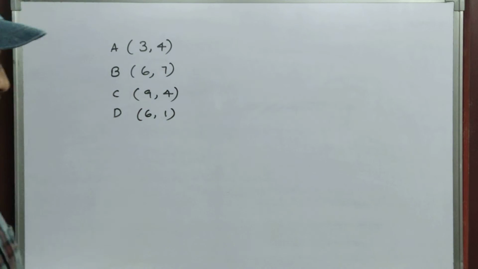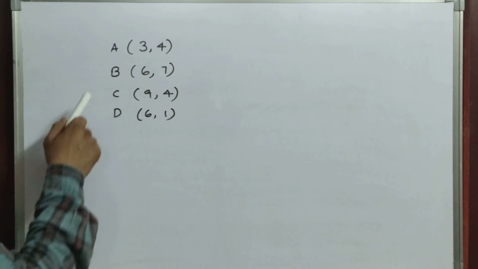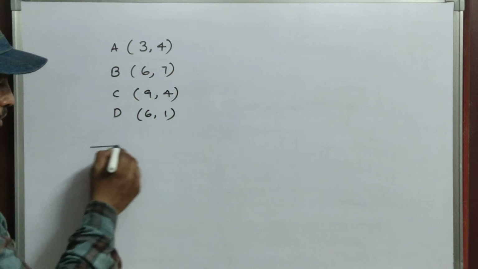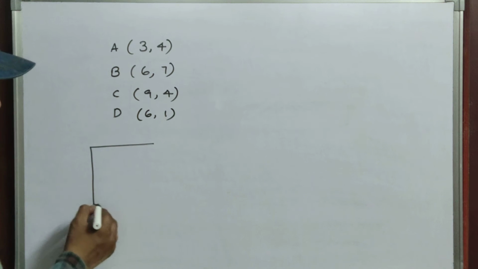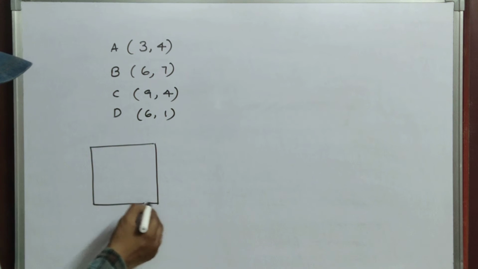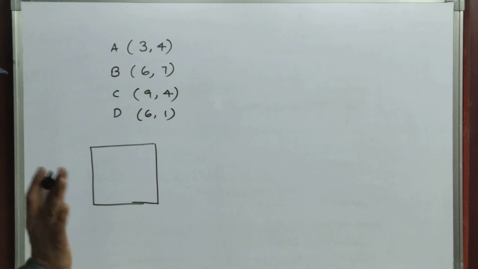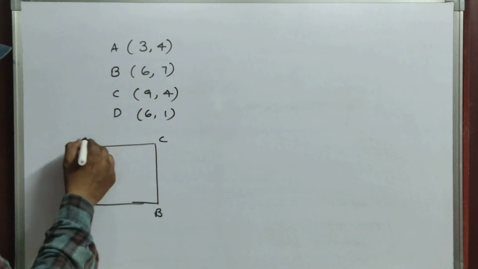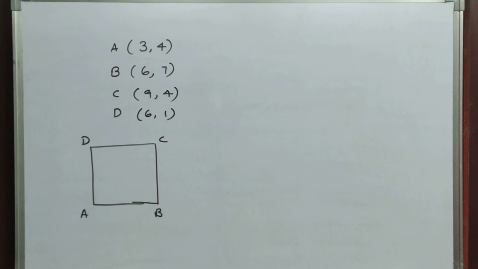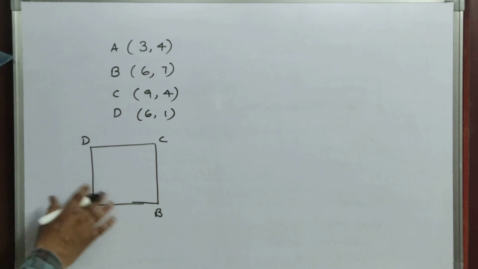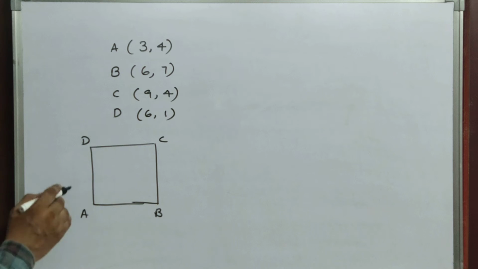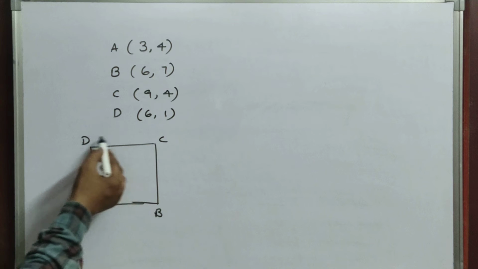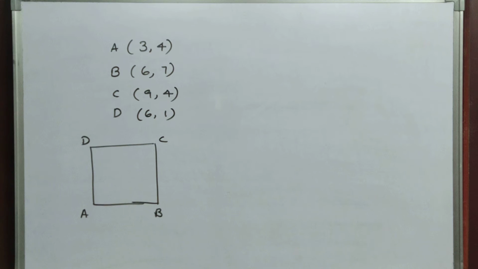So for that, we have to prove whether they are square or not. Now, I am just drawing one figure. We don't know if it is a square, but I am simply drawing A, B, C, D. Whether it is a square or not, we don't know, but I have drawn one ABCD. Now, the A value you know, and the B, C, D values you came to know according to the figure.